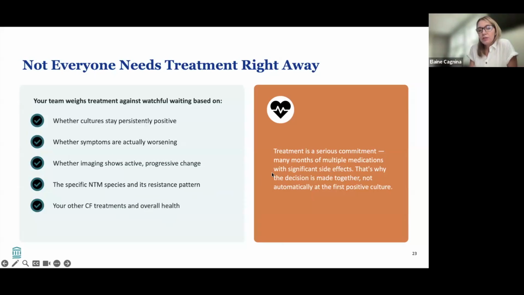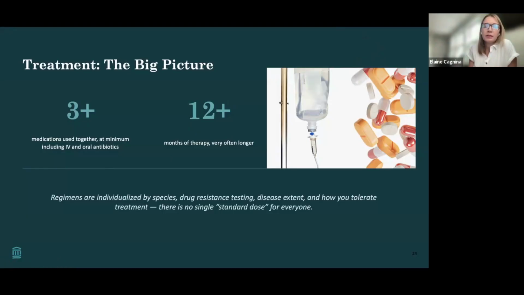And then treatment is a serious commitment. It's many months of multiple medications with significant side effects. And so that's why this decision is made together and not automatically at the first positive culture or even the second positive culture. Looking at the big picture for treatment, it's 3 or more medications used together at minimum, sometimes 4,